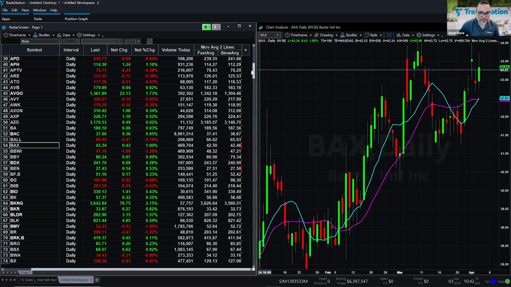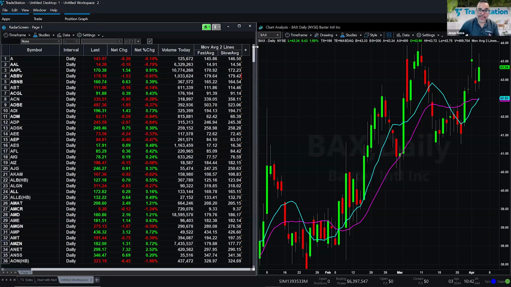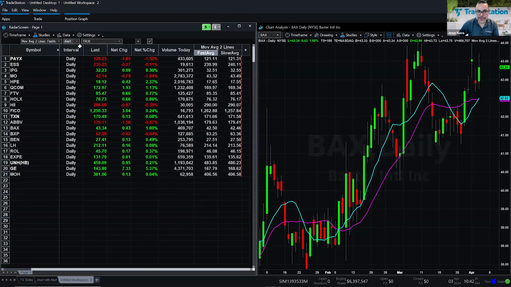How many symbols are triggering the alert right now? Well, I can filter my radar screen using alerts. Right here at the top, I have a filter bar that allows me to go into the dropdown, select a moving average. The operator, I can set it to alert, and I want true alerts. And here they are. Out of 500 symbols, 21 are triggering the alert of the moving average as we speak